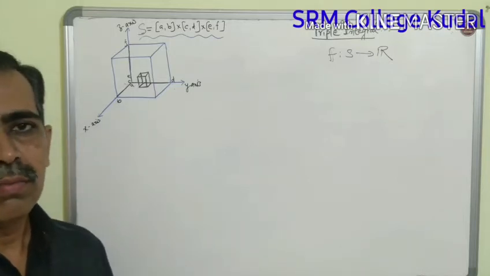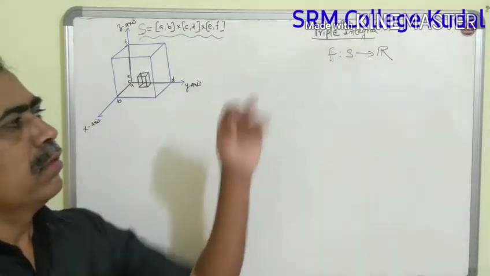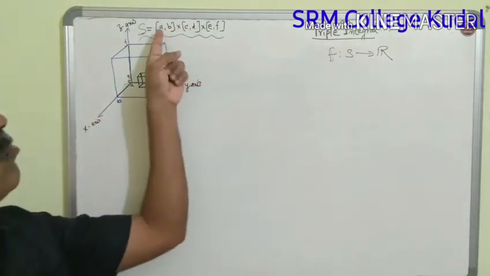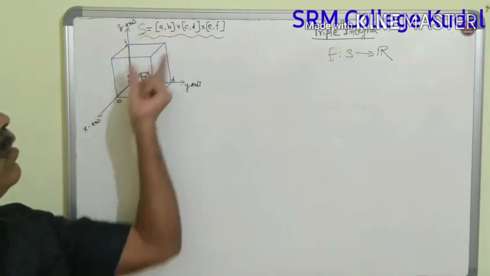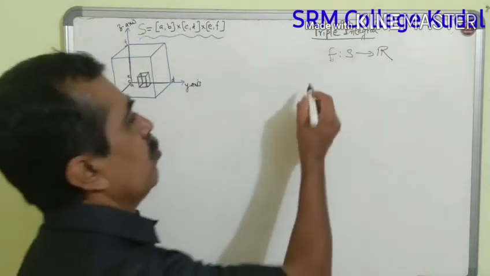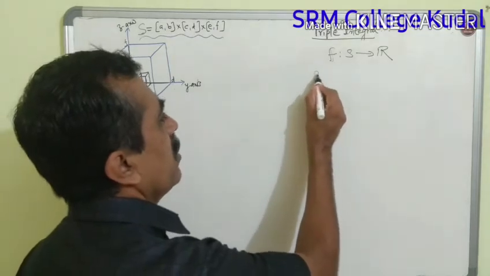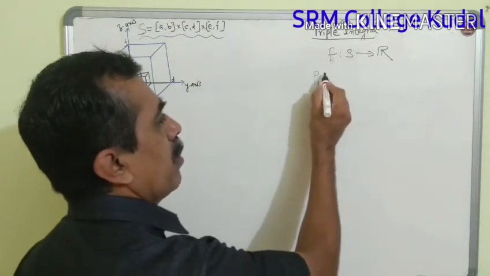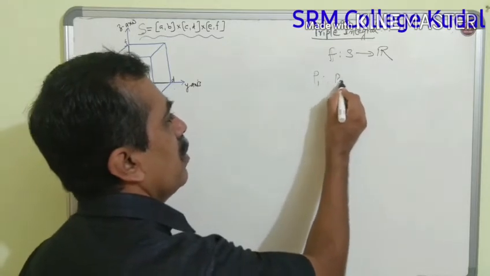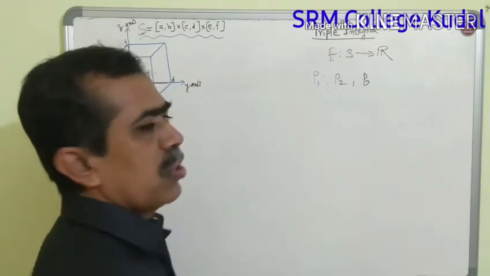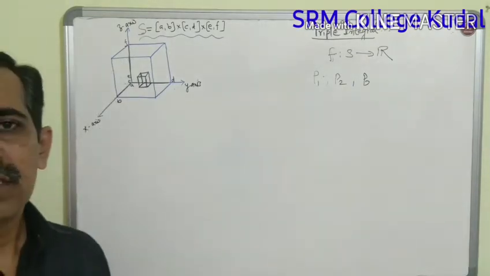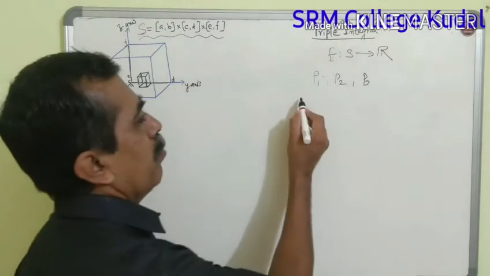Now here we will consider the partition of the cuboid S, which consists of three edges AB, CD and EF. For that, first of all you have to partition the edges. So let P1, P2, P3 be the partitions of AB, CD and EF respectively, where P1 is given as